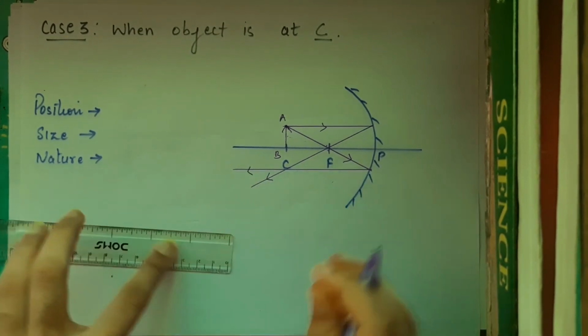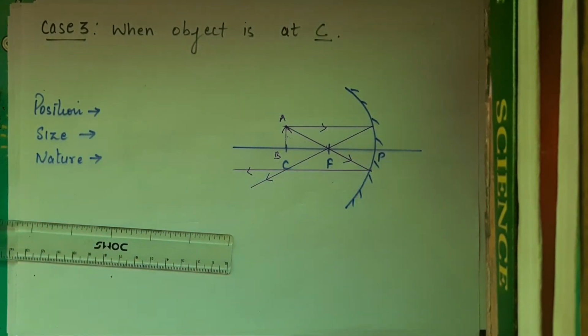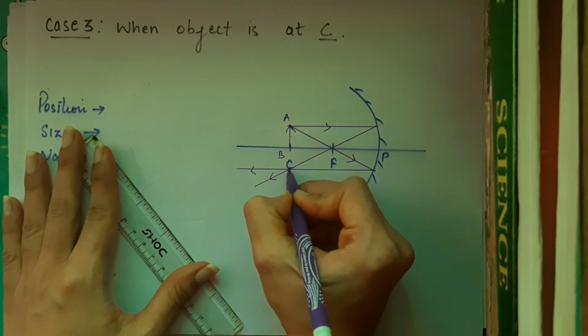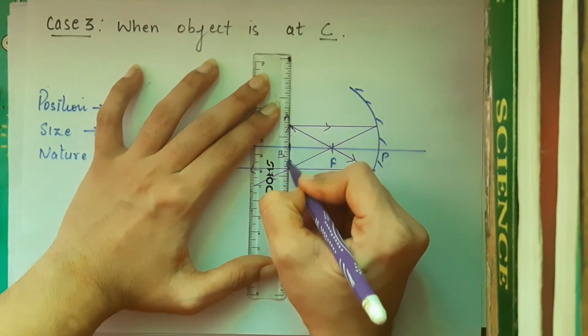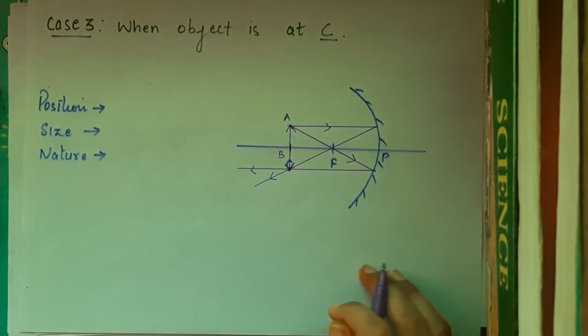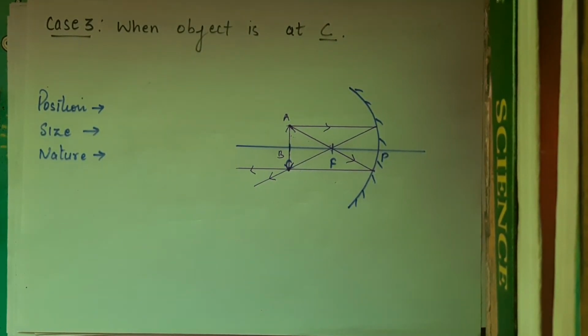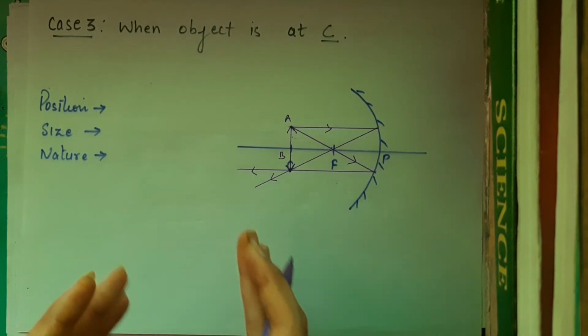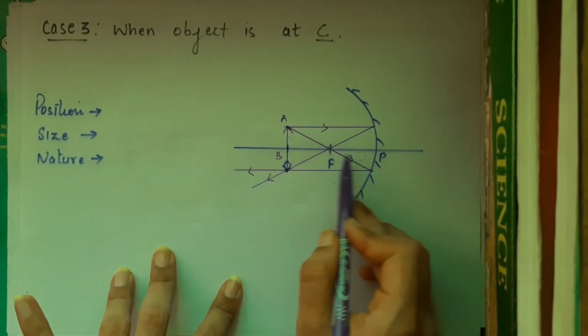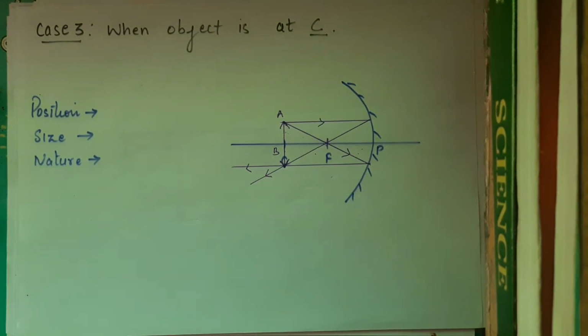So please, the distances between the pole, focus and C are very important. Otherwise, your measurements might vary and the intersection point might vary. So in this case, you clearly see that this is your intersection point, right? And let's mark the image. So the image is here. What do I see here? I see that the image is formed exactly below the object, right? So the object is at C and the image is also formed at C. Sometimes when the students make this case, they get a slightly different position of the image because there might be a difference in the distances of pole, focus and C. So you have to be aware and cautious while making this case, right?